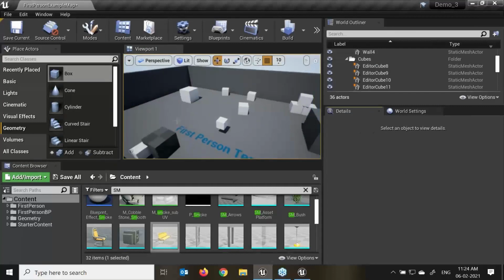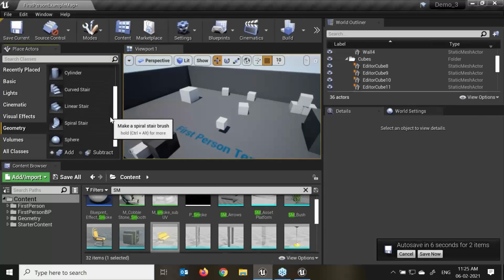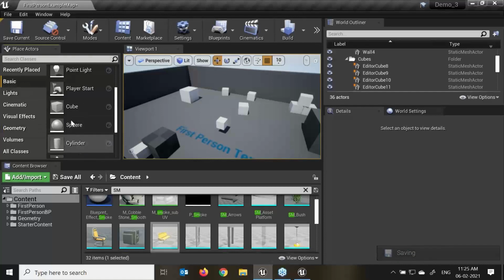Now we'll talk about brushes. What are the brushes we have? This geometry we call a brush. Geometry brushes are the most basic tool for level construction in Unreal. Conceptually, it is best to think of a geometry brush as filling in and carving out a volume of space in your level. Previously, geometry brushes were used as the primary building block of the level in the engine. These are all brushes we can use in a prototype. Now, however, that role has been passed to static meshes, which are far more efficient.